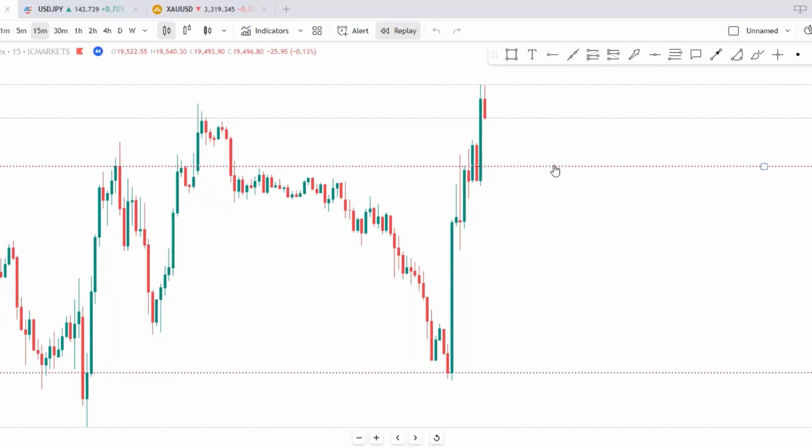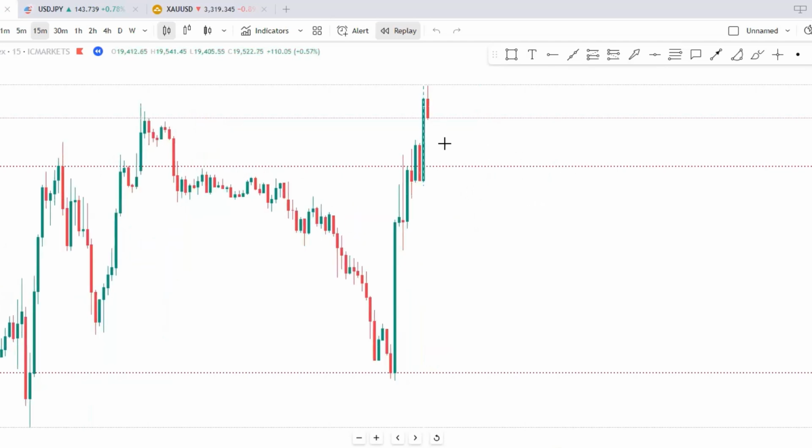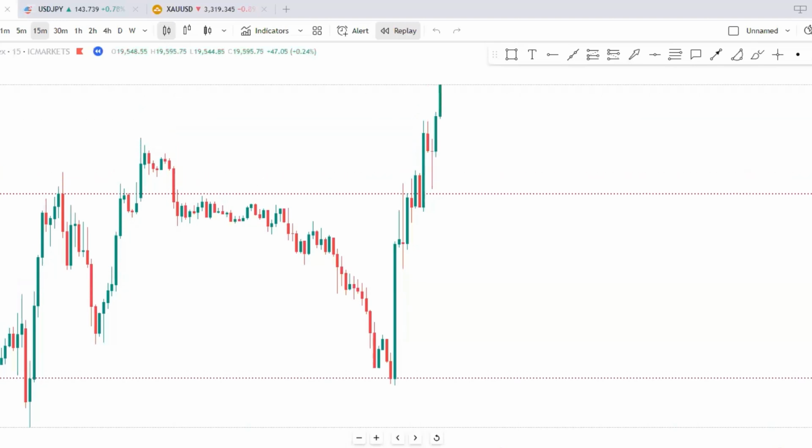Once it pulls back to retest this level, I'm waiting for a confirmation candle like a pin bar or a bullish engulfing candle, right? And then I'll be entering on the next candle with my stop loss below the wick. This really works great in trending markets, right? And especially trading at the right time. So let me show you how we do this. We're waiting on it to pull back. So the moment we pull back into the zone,